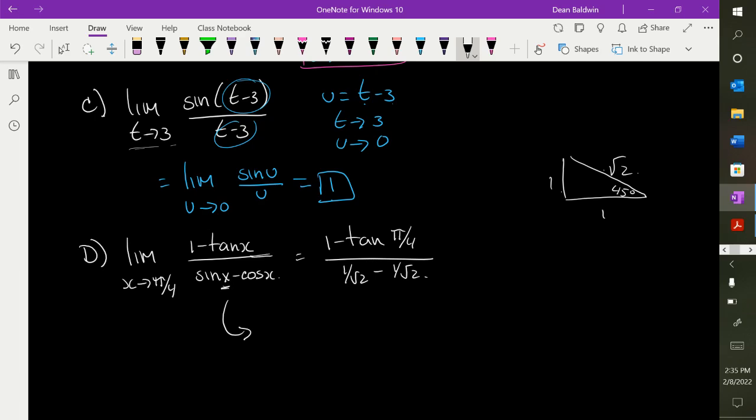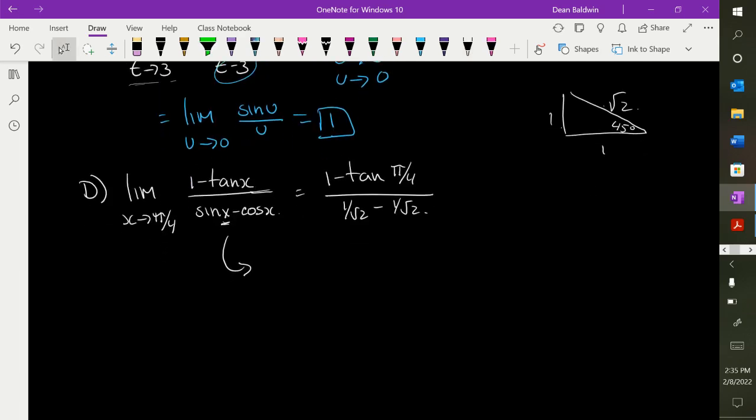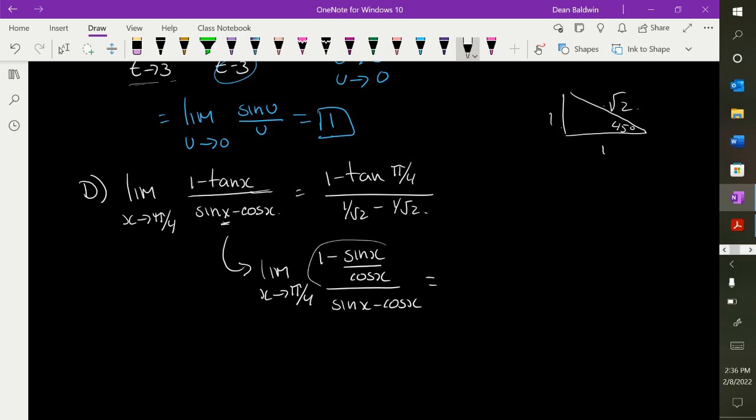So just like trig 2, get rid of our tan. What is tan? Well, that is sine of x over cos of x, over sine x minus cos of x. Okay, if you remember your trig 2, what you need to do for these types of questions, when you have something like this, is make a common denominator, which is going to be cos over cos. So you're going to get cos of x minus